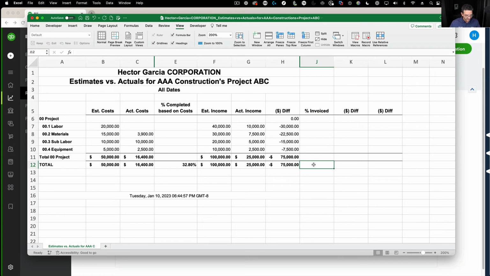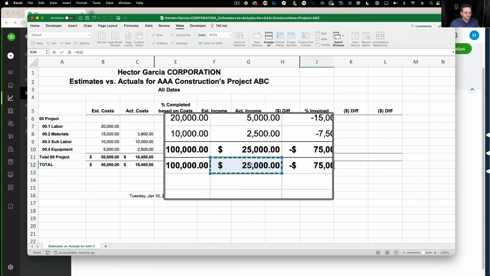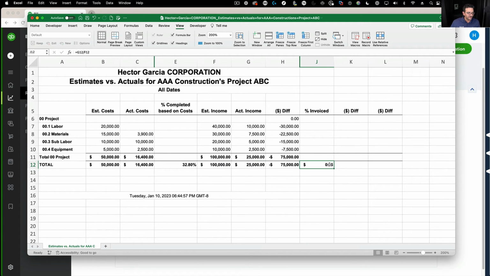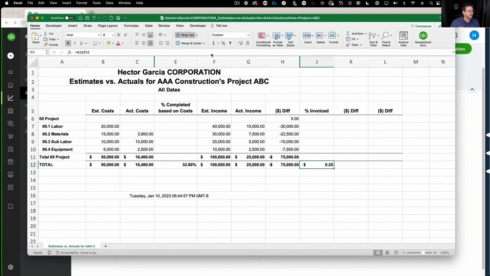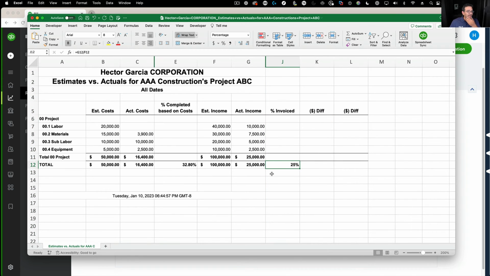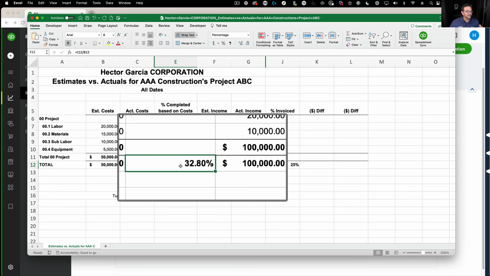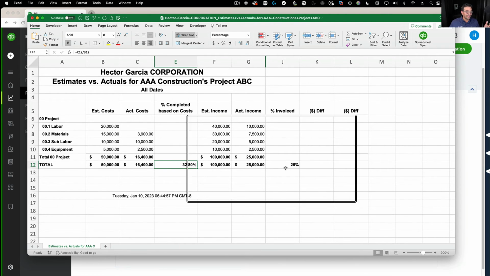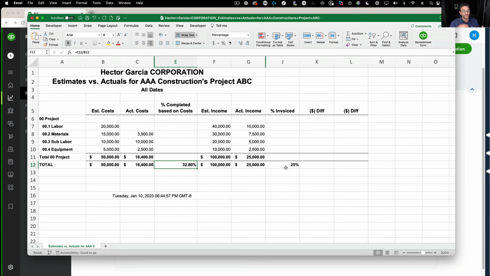Okay, so I'm just gonna take the actual invoiced amount divided by estimated income, and that's 25%. We knew this already because we did this when we did the progress invoice. I'm gonna hide this column too to avoid any confusion. So I've invoiced 25% of the job so far. Anytime that I see that I've completed, accounting-wise, expenditure-wise, more than proportionally than the estimated that I have invoiced, I'm gonna have a cash flow issue. I'm gonna have what's called